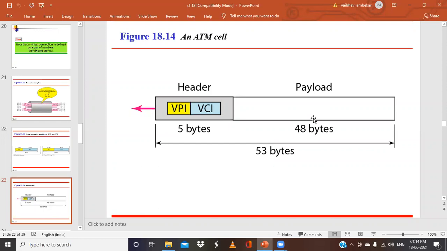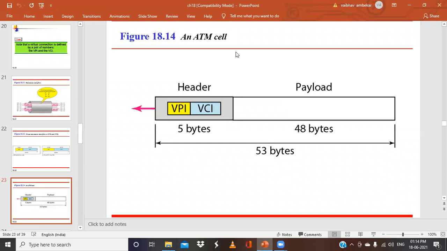Like we discussed the size of the frame, or in case of SONET, we discussed the size. Similarly in case of ATM, what is the size? Each cell will be 53 bytes long, and in that 5 bytes are allocated for the header information, and this header information consists of VPI and VCI. What VPI and VCI are, we will be discussing. And then 48 bytes of payload, that is our actual data that we want to transmit. That will be divided in terms of frames into equal size cells, and each cell can load 48 bytes of information.